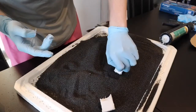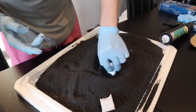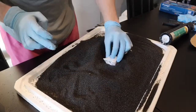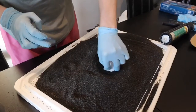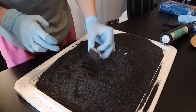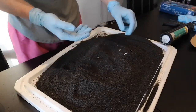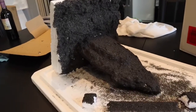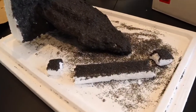And I did this for both the little square bits that go on the sides as well, pushing down nice and firm, just making sure I've got a nice good coverage on that polystyrene. And you can see as I lift it up, it's made quite a nice uniform covering, and this is how it turned out. Right, so this is where I'm at so far,